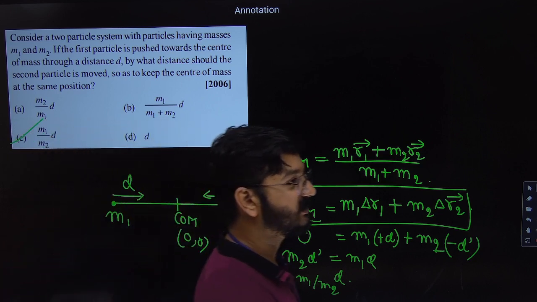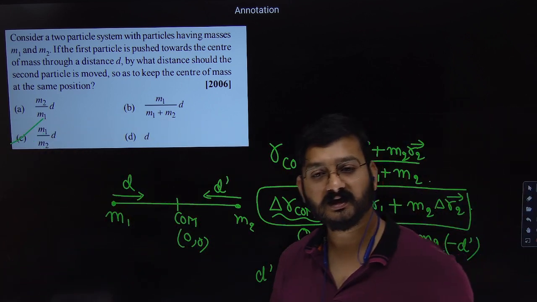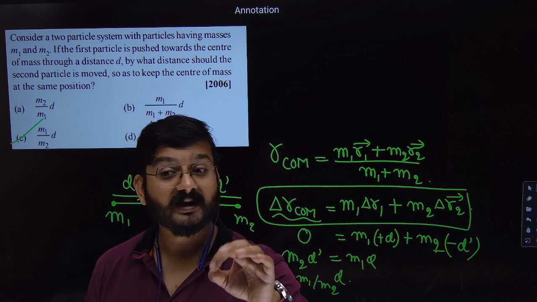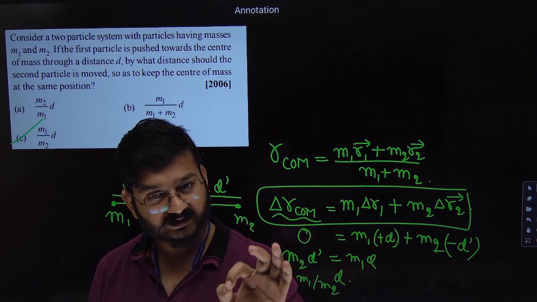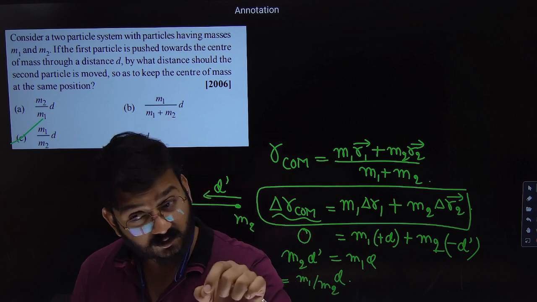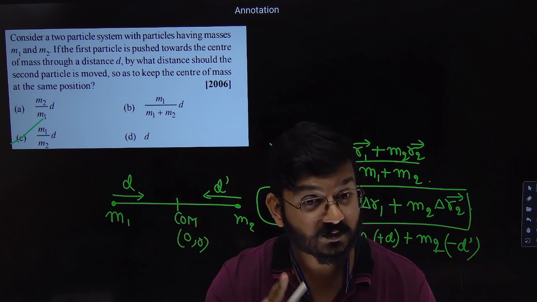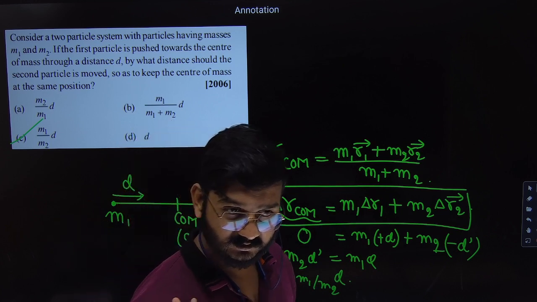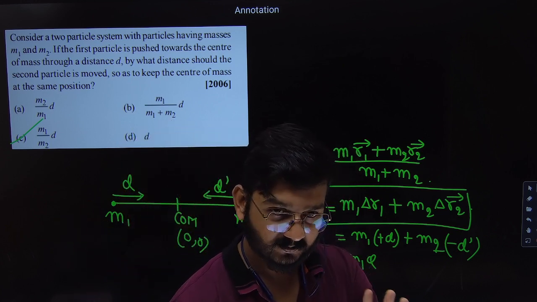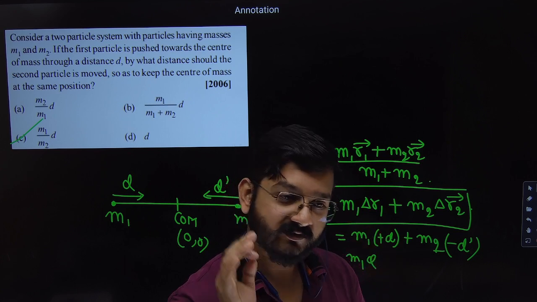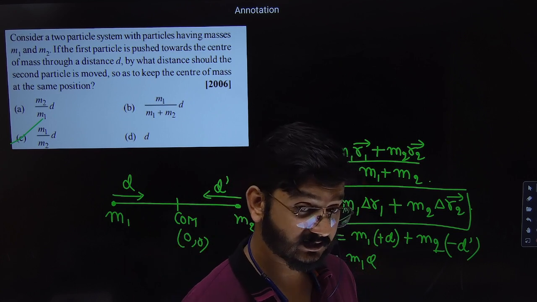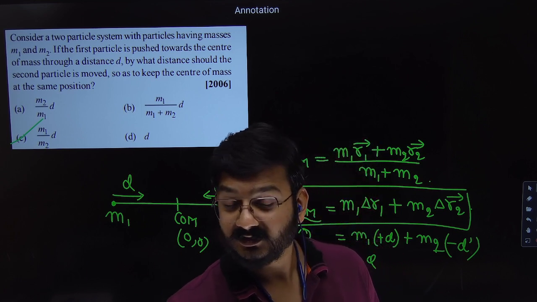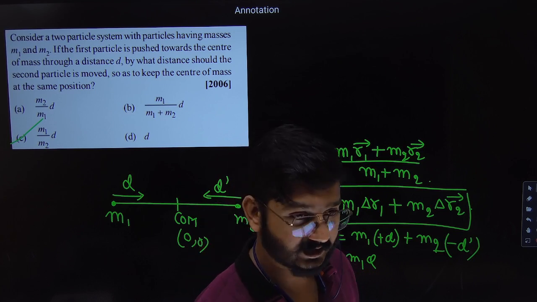Okay. Now just answer one question. If we have a symmetrical object, where will be the center of mass? At its geometrical center. Suppose you take a circular plate. Where will be the center of mass of the circular plate? At its center. And how do you find the center? Point of intersection of two diameters. Correct? Now suppose you have a rectangular plate or square plate, a uniform shape, mass is uniformly distributed. Where will be the center of mass? At its geometrical center. How do you find the geometrical center? Yes, the point of intersection of two diagonals.